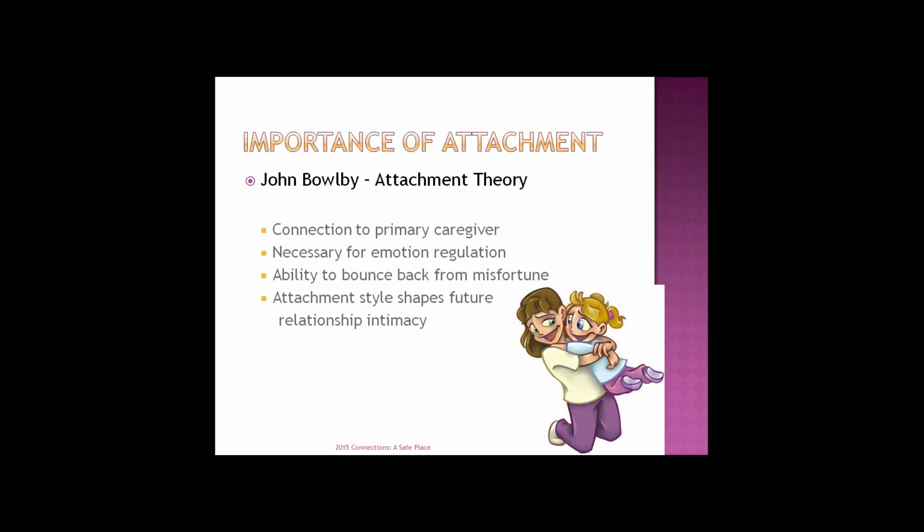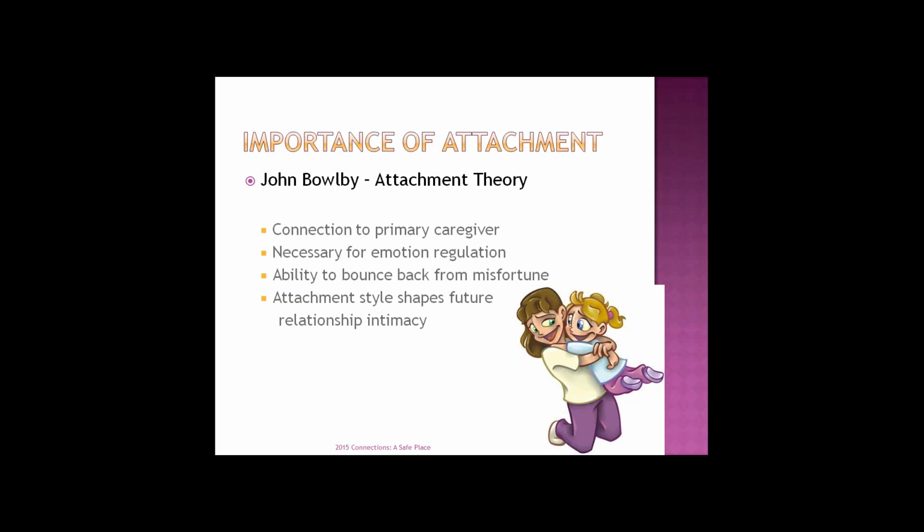Now, for better or for worse, the infant brain is profoundly influenced by an attachment bond, the baby's first love relationship, and it's usually between the primary caretaker and that baby, and it's usually a mother, but not always. And what that baby learns from that caregiver is that they can manage personal stress, they can experience calm, they can communicate through emotions, and they can share joy and forgive easily, and the young child's nervous system becomes securely attached. This attachment is necessary for emotion regulation.